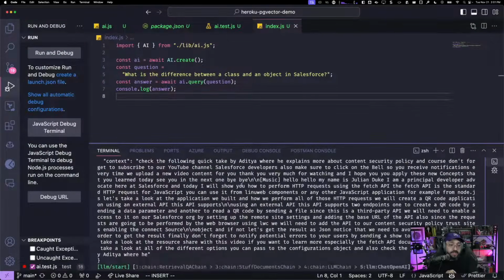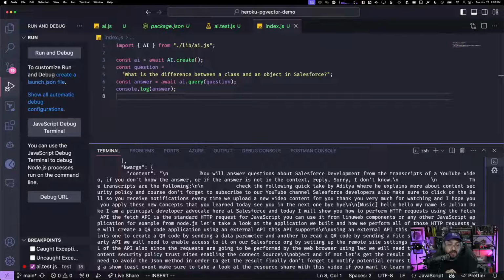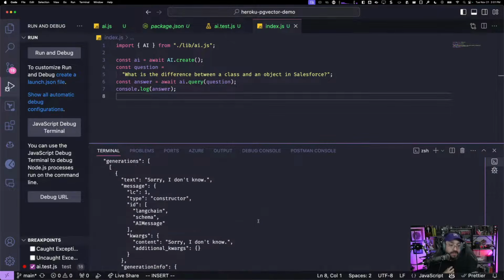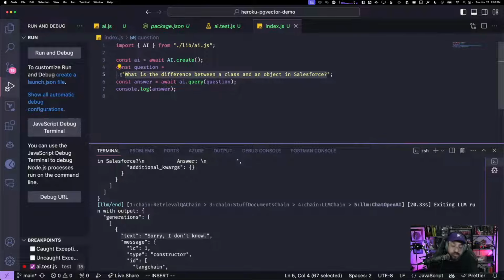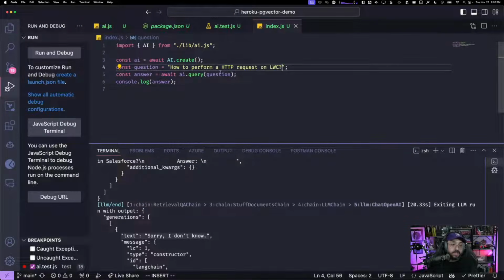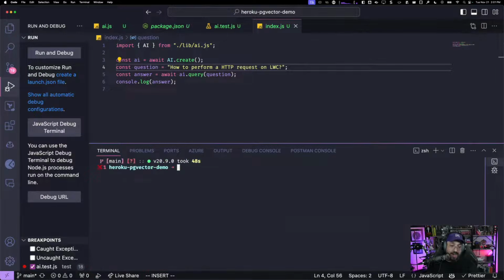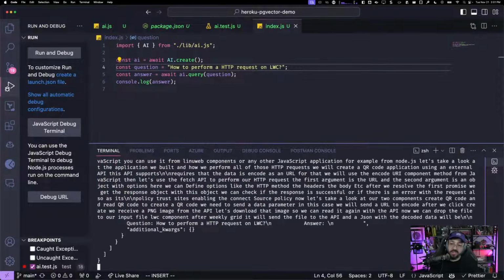But as you can see, the prompt that it's sending to OpenAI is you will answer the questions, then it's sending the context, and then it's sending the question. And the response is, sorry, I don't know. So now this is responding as I want. But if I ask something that is on the video, how to perform a HTTP request on Lightning Web Components, because the video talks about that. And if I execute this,